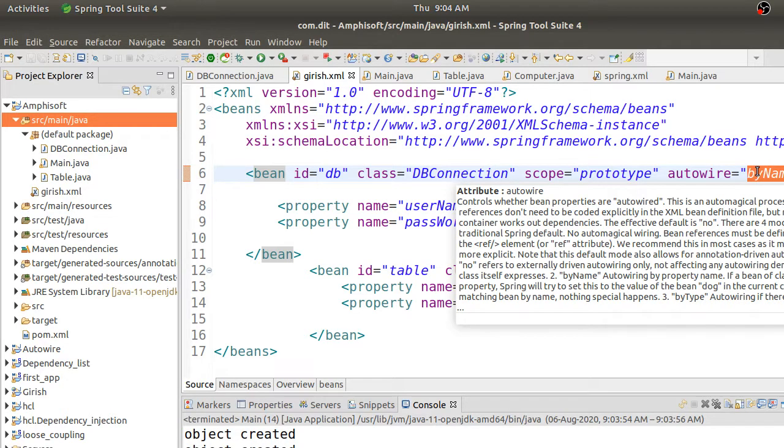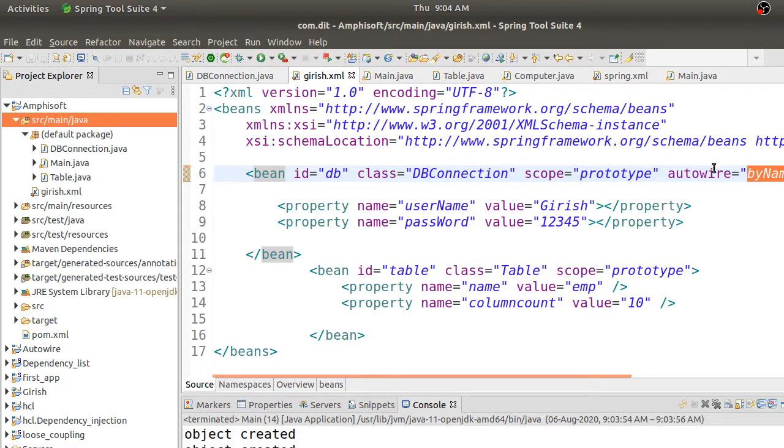Okay, super. So not only this, I don't want to even write it in here, right? It looks very clumsy to me. I want to auto wire directly. Now, how to do that? I'll just remove this. I just want to use the annotation way of auto wiring. I don't want to do it traditionally the way you do it in XML. I want to do it automatically, something from the Java side it should work.